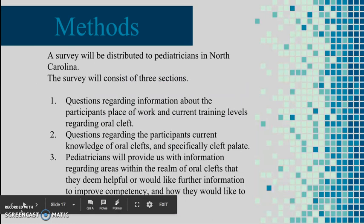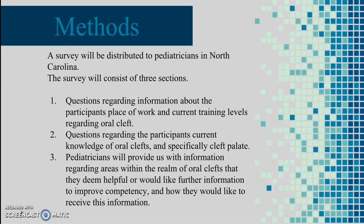To complete this study, a survey will be distributed to pediatricians throughout the state of North Carolina. The survey will consist of 3 sections. Within the first section, participants will answer questions regarding information about their place of work and current training levels regarding cleft lip and palate. In the second part of the survey, participants will answer questions regarding the current knowledge of